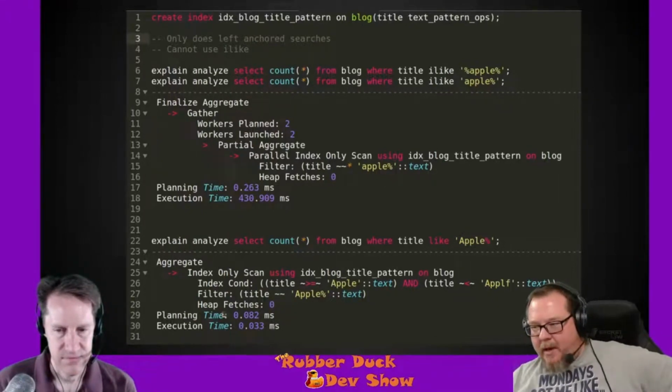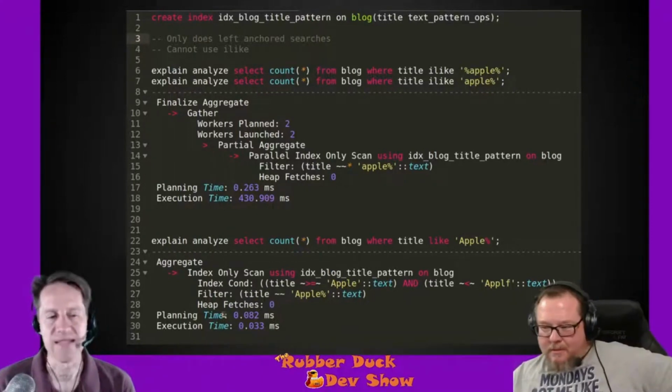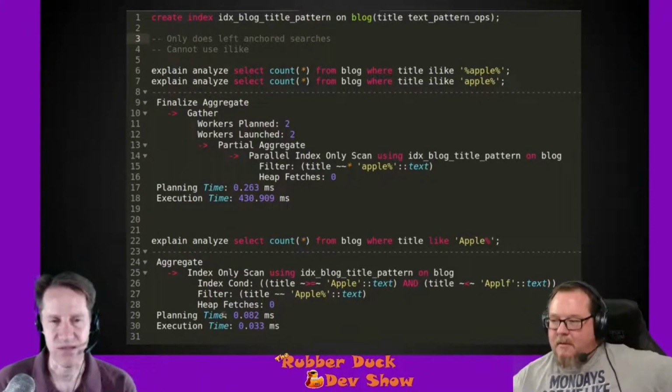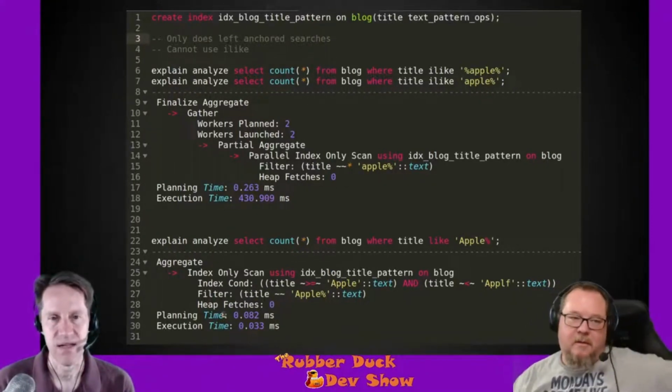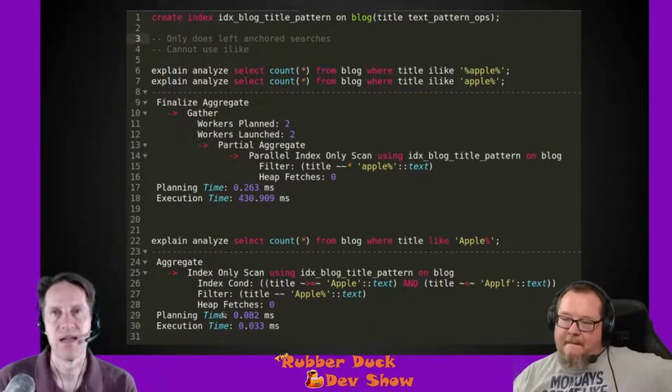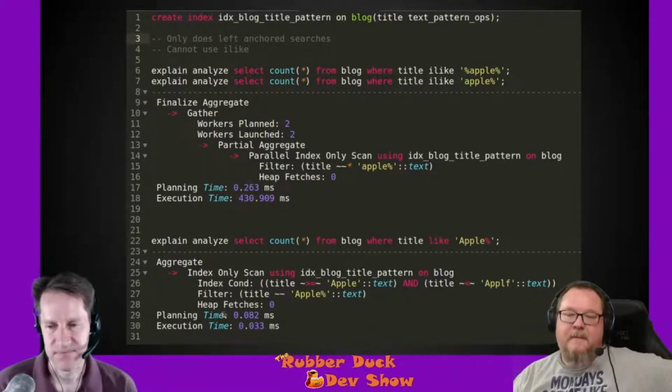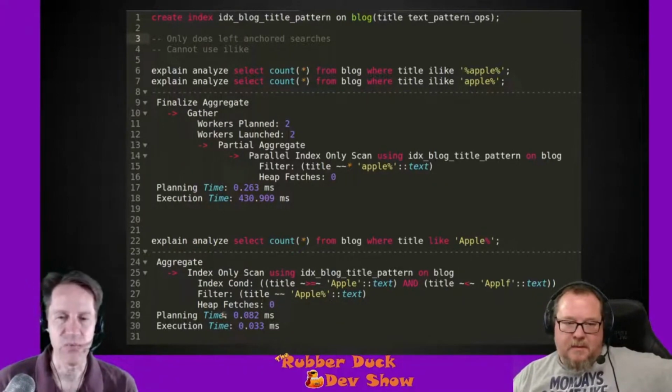It's not like it'll throw an error. It just isn't going to help you at all. It's not going to use the index. So when I say you can't use it, basically, if you give it that query, it's not going to use the index. But a way you might be able to get around that is